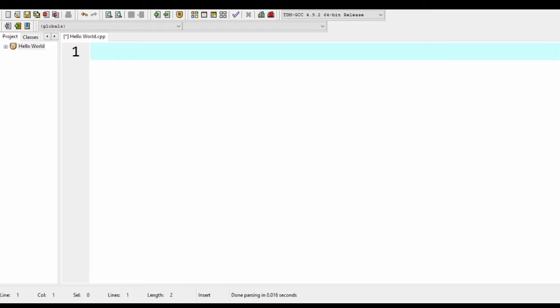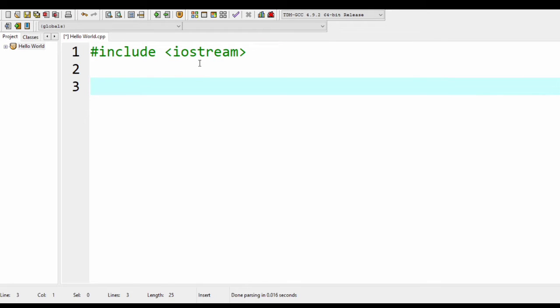So basically, whatever code we write here, Dev C++ compiles it and then executes it. When we click execute, there is a command here, compile and run. Let me try writing some code first, and then I will explain the meaning of each line or each word. But first, let me show you what Dev C++ does.